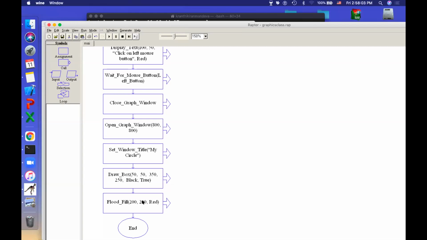Sir, are there any negative coordinates for that? Like, can we put negative coordinates in there? At present, I don't have any idea whether you can have negative coordinates or not. The entire thing is considered like a matrix itself. The XY coordinates are considered as a matrix. It's only on the positive side. Okay, sir.